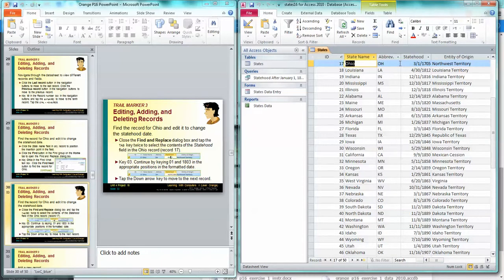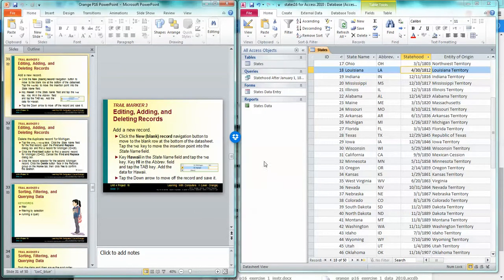I'm going to type in 03 where it says statehood. So 03 01 1803. Obviously there was a mistake, so that needed to be corrected. I'm going to tap the down arrow to move to the next record, and now it's saved in there. All right, I'm going to click New Blank Record down here in the navigation area, and it's going to insert